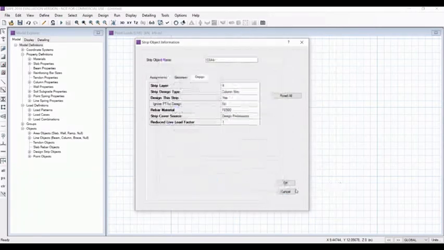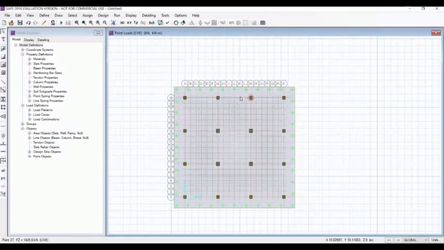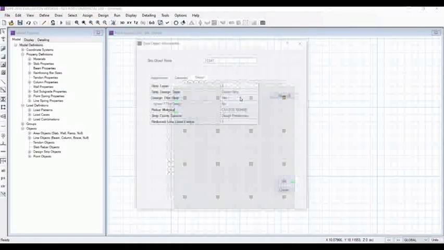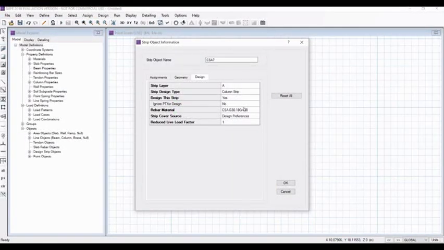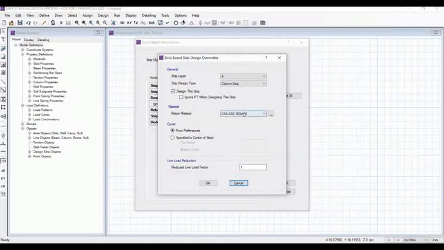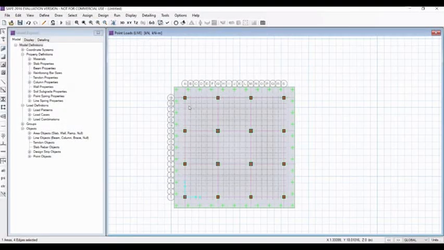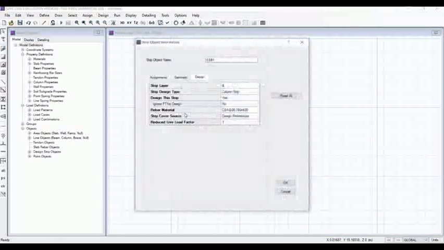The same will be done to this vertical design strip.